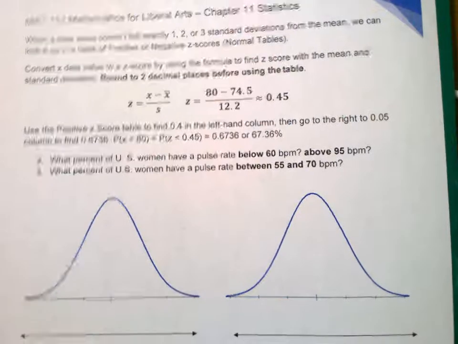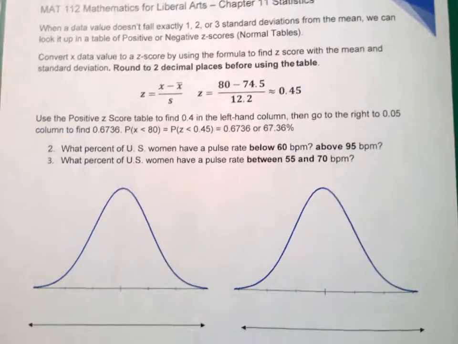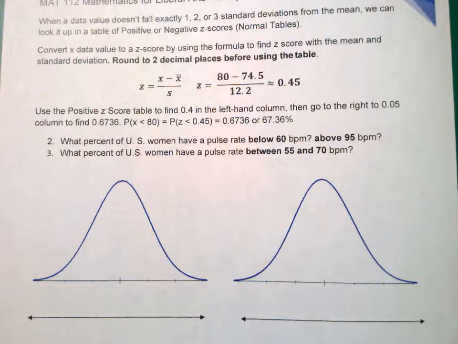All right, this is the last page, page 8 of 11, the 6.7 section. It's just to, Alex, what if they give you Z and look for P? What if they give you P and look for Z? What if they give you Z and look for X? What if they give you X and look for P? So these are the three things we have to be able to go back and forth on no matter what